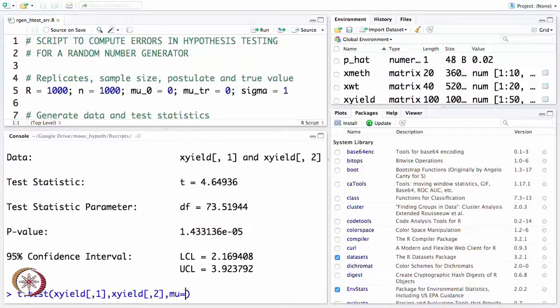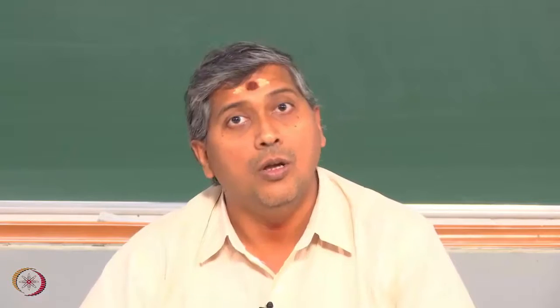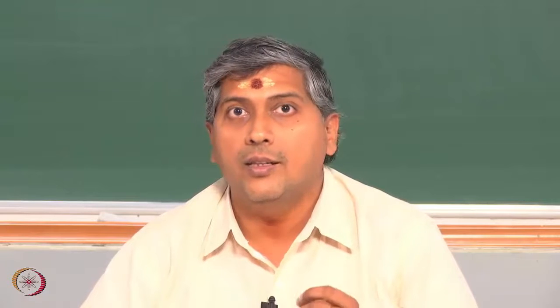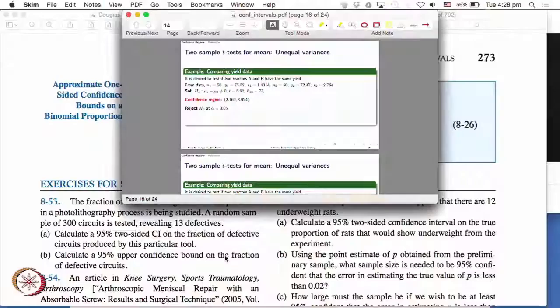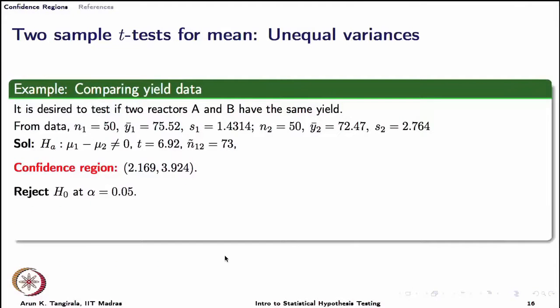So, you see if I change the null hypothesis, then the confidence interval remains the same, and the observed statistic is going to change, obviously, because the observed statistic depends on the postulated value. What I am trying to show you here is that the confidence interval construction is independent of the null hypothesis, which is what I have explained in detail earlier. That is the advantage of using the confidence interval approach. All right. So, let us go back to the problem.